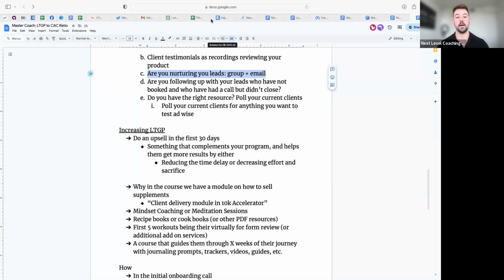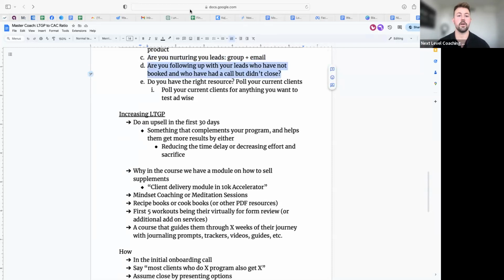So 2 parts there with the group. One, is every single lead getting the opportunity to join the group via your ManyChat? And 2, are you being active, at least posting in there 5 to 7 times a week? The second nurturing platform is your email. Is every single person who comes through your lead funnel getting their email captured and sent to your email list? In addition to that, are you sending 3 emails a week, you or a member of your team?